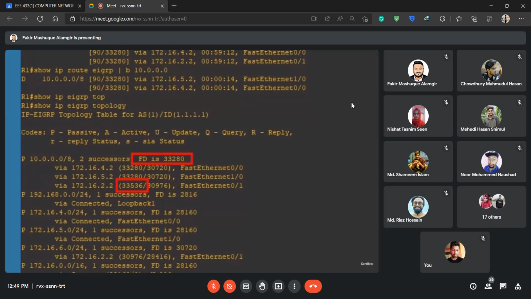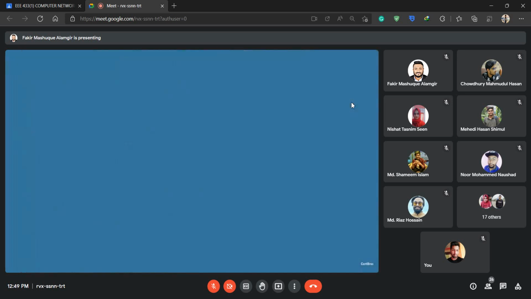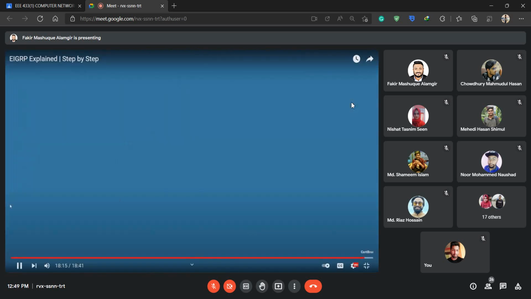However, it is a feasible successor. This means the route can be used as a backup if the successor was to fail without needing to perform a recomputation. That's it for EIGRP. There's lots more we could talk about, but I think that's enough for